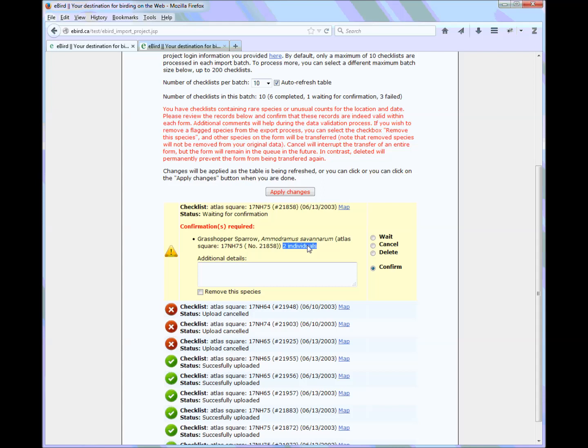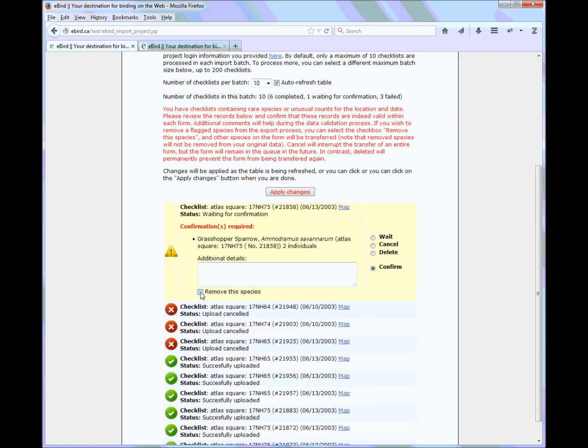You would have to go back to the original data set, if the data entry was still available for that project, and make those changes. So you would hit cancel here, so it would wait to transfer this checklist, and then you make the changes in the original, and then you come back and the next time you transfer it. Or you just go ahead and confirm with the errors,